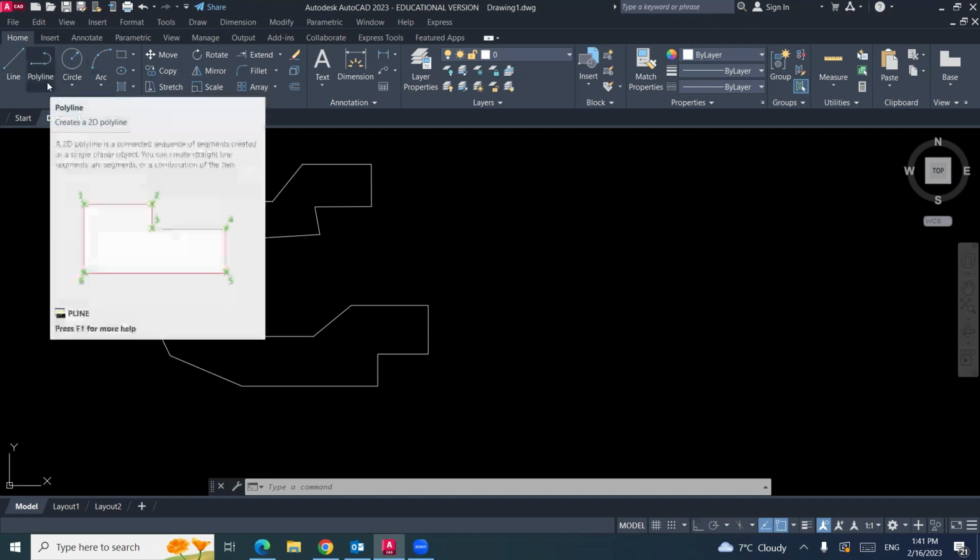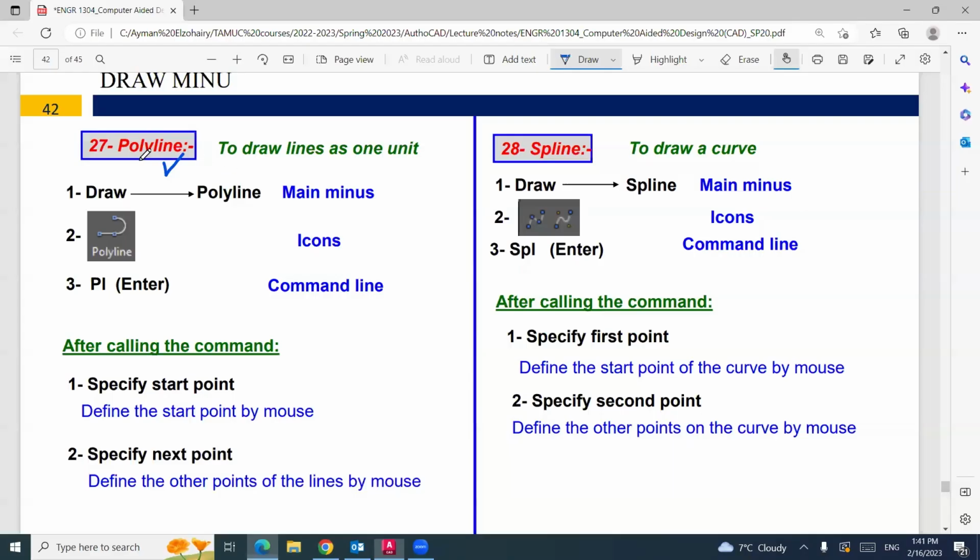Polyline is used exactly like line. So polyline, from Draw, Polyline, or this little icon, or PL. This command is used to draw lines as one unit, one object. How to use this? Like line, exactly.